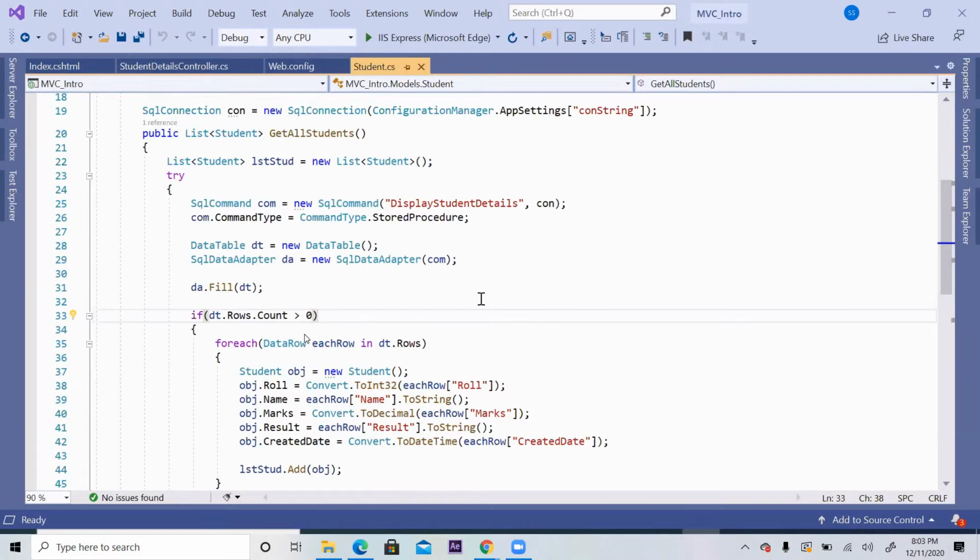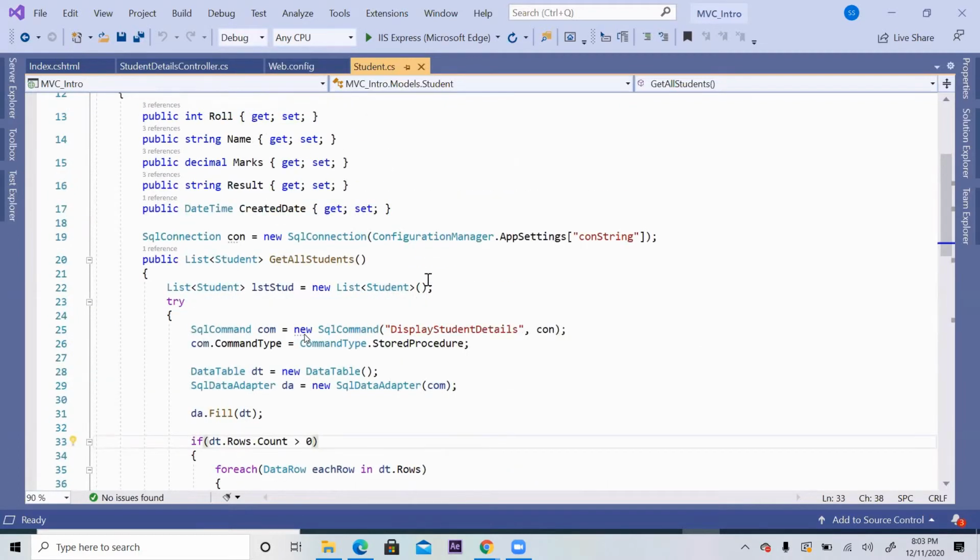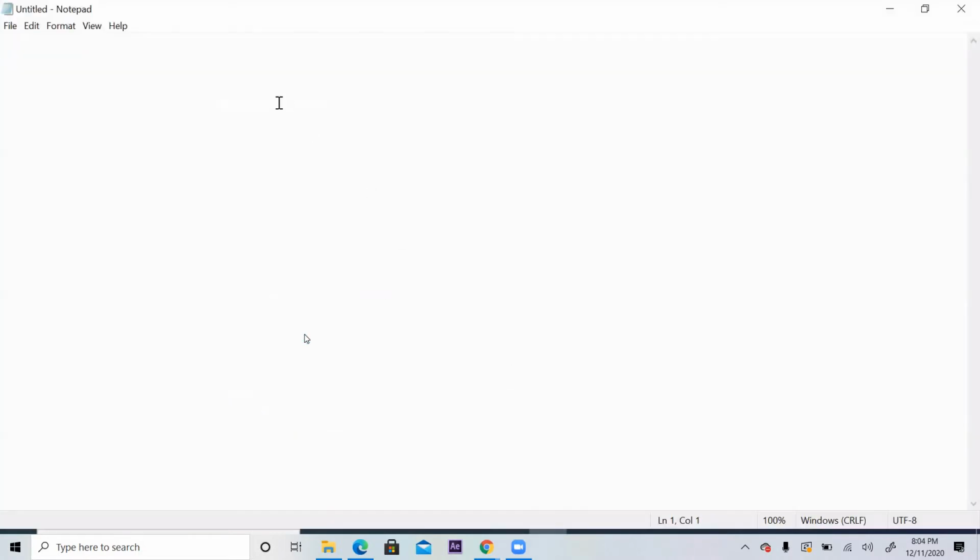This is the benefit behind any patterns and practices, so that you can apply various best practices. Now, today we are going to learn a new design pattern called repository pattern.